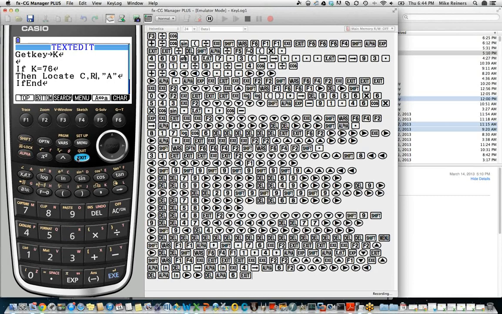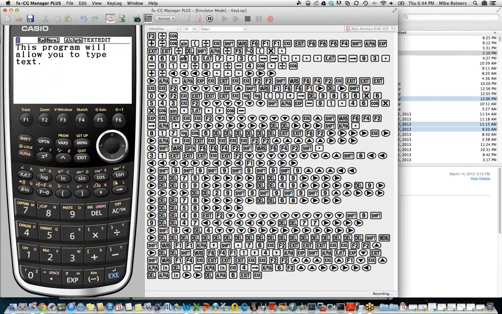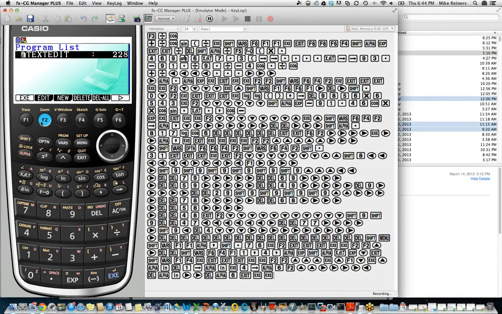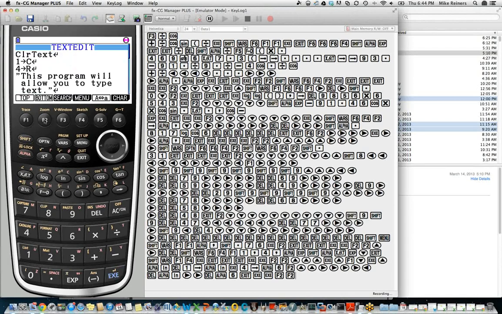If we run our program again now, you'll see that we're still going to create the letter A in the correct place. But the advantage is that once we type that character, we can now tell the calculator to make the next character appear at the next column over, one space to the right. So edit the program, go down to the bottom, and what we're going to do is insert a command.